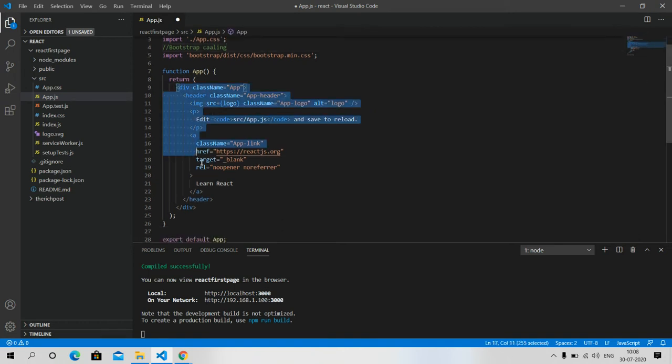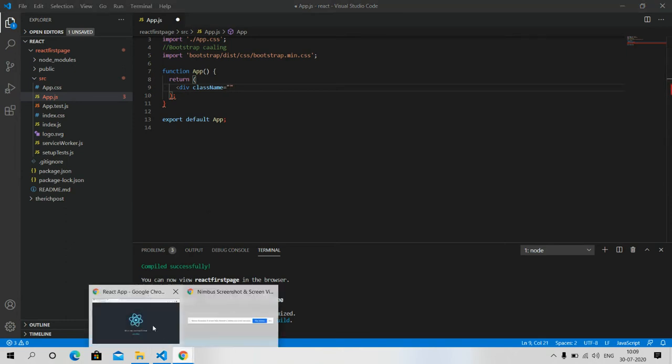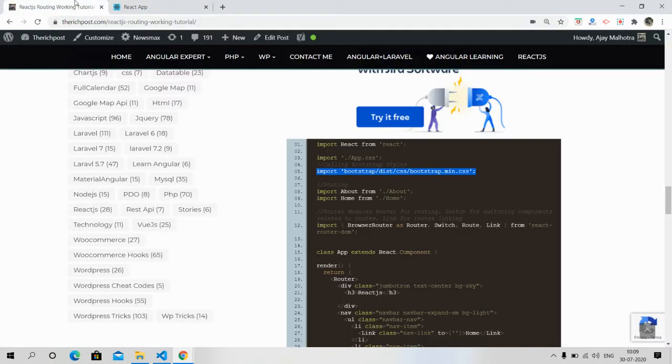First, now I will add the Bootstrap structure. Div, className.